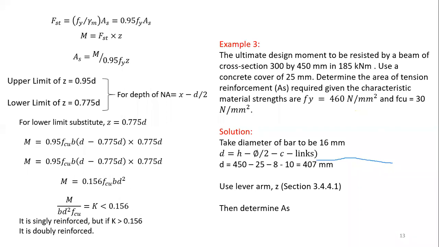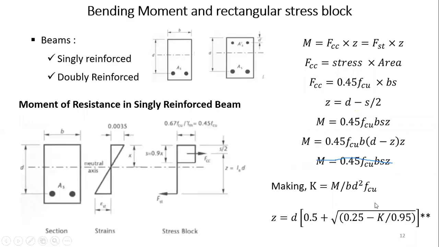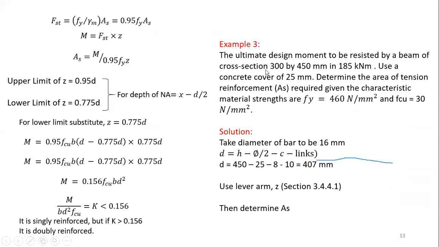Sir, the first assignment, what do you want us to do there, sir? Can somebody remind us what the first assignment was? I asked you to simplify this equation and arrive at this, to determine the value of z. Then the second one is to complete this explanation I'm giving you, to fully complete it to determine the value of As. Okay, sir. Any other question before we round up this class?